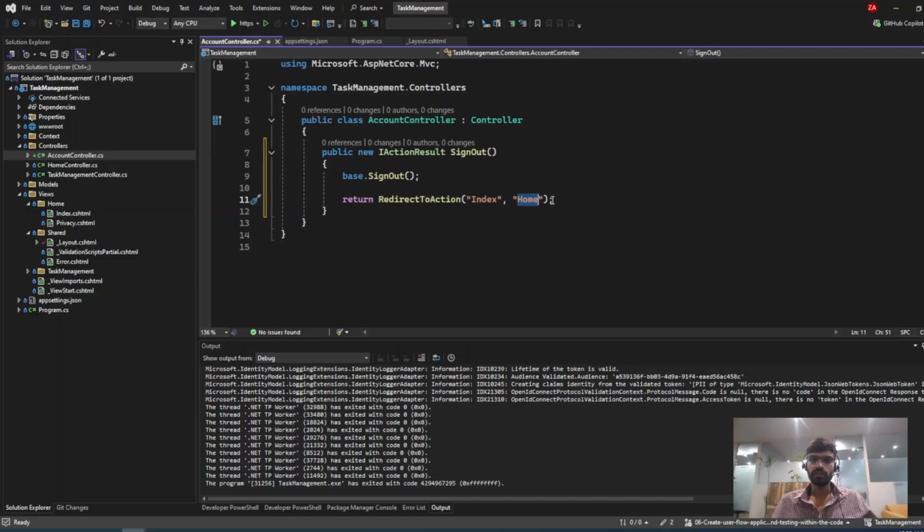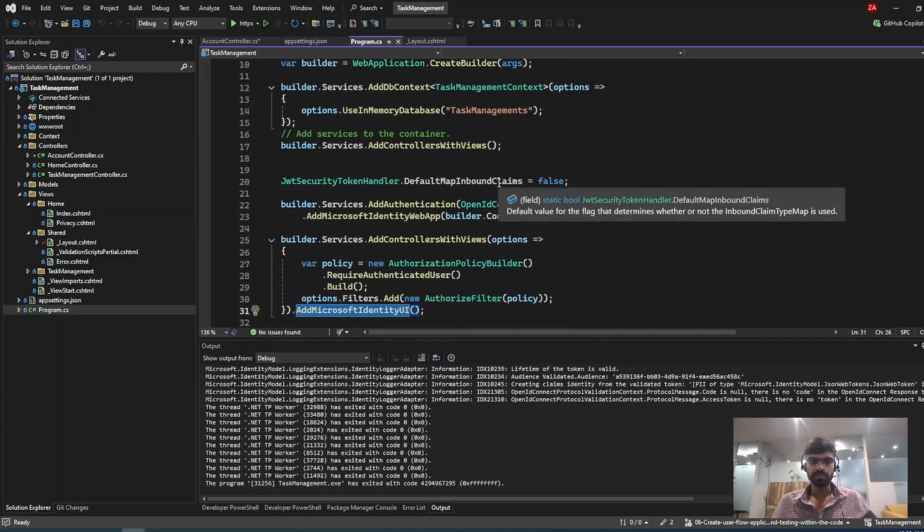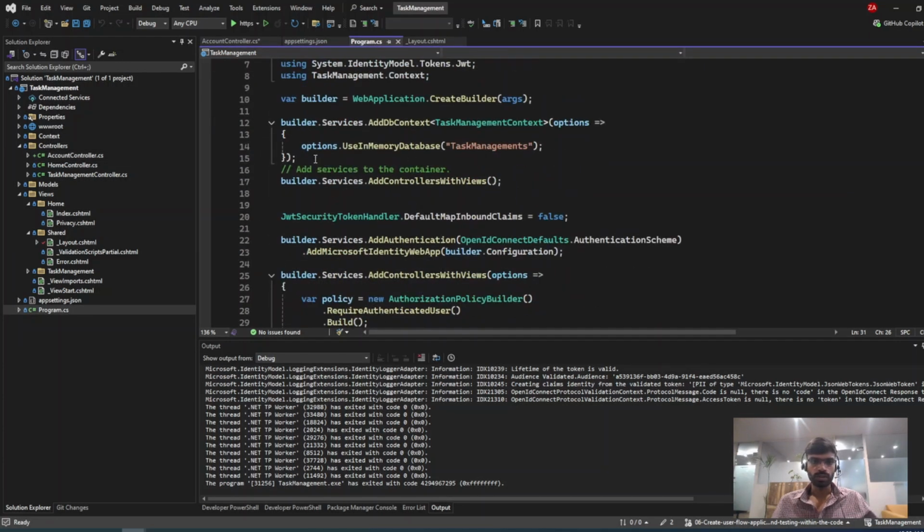And when we try to access the authorized page, we will be redirected to the sign in page, right? So this is the configuration that we have defined in the account controller, and here in program.cs we need to change some